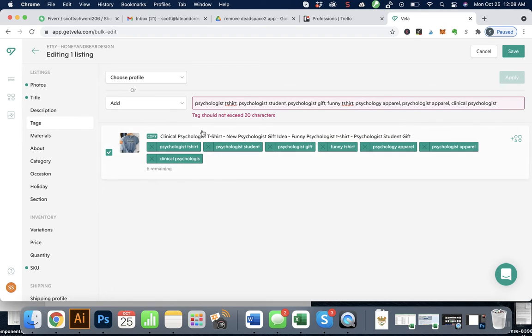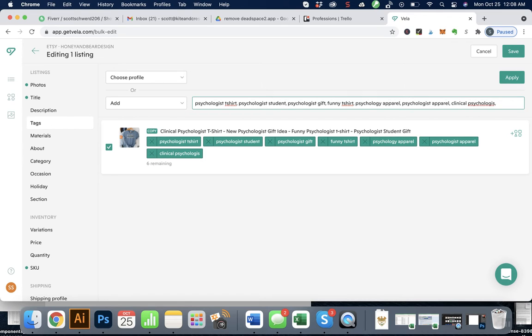Because as you can see, you can only have 20 characters in the title, including space. So this right here is 21 characters. So I might just take off the T, just so we have that word in there at least. And then, let's see, I may go to colorful psychologist, or psychologist is a long word. So let's see, maybe medical student gift. And then I might do